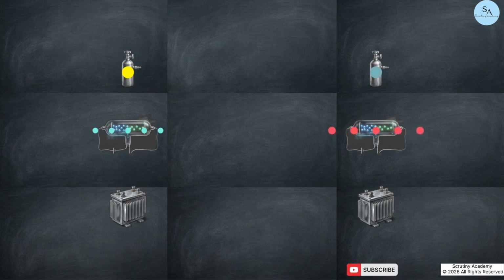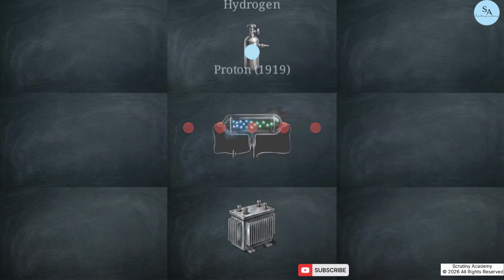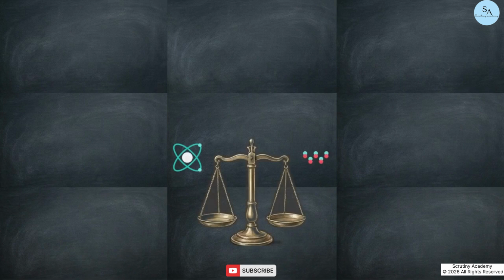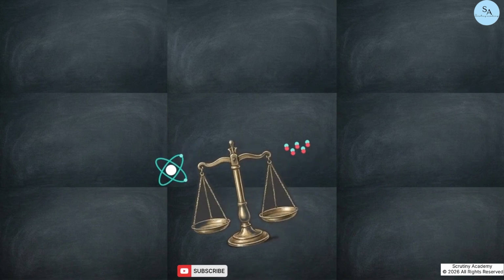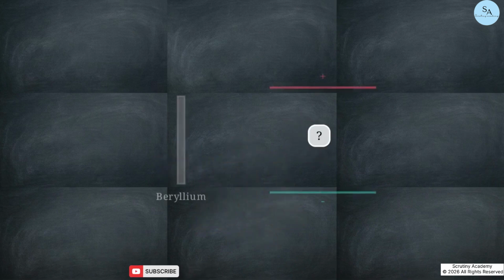When the tube contains hydrogen, the lightest gas, the resulting positive ion is the smallest and lightest possible. This particle was characterized in 1919 as the proton. Even after identifying protons and electrons, a significant mass deficit remained. The combined mass of these particles was less than the total mass of the atom, indicating that a neutral particle